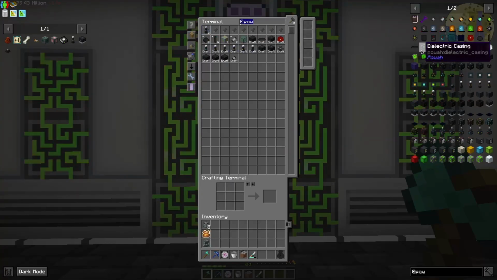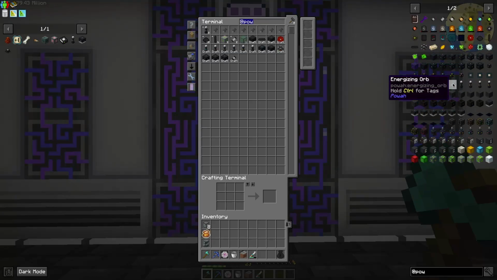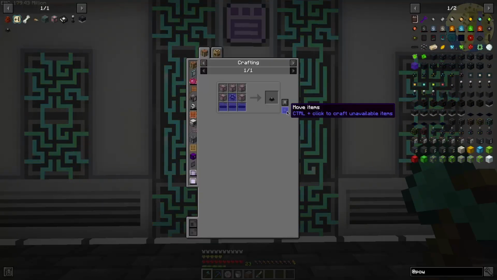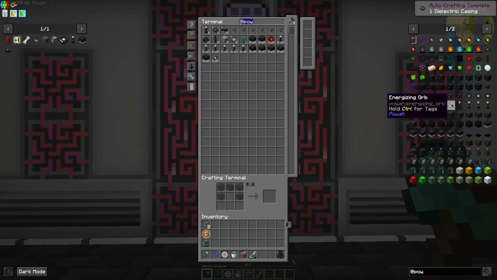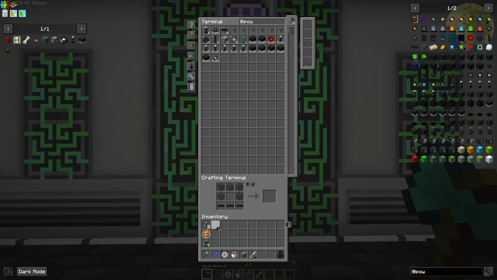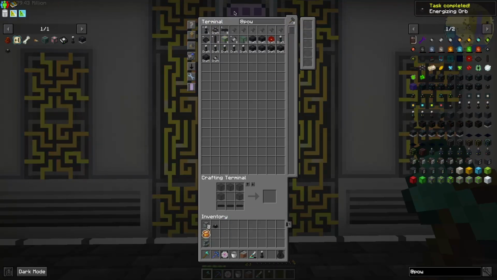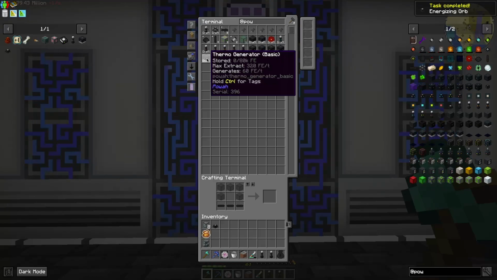I also will need to make an energizing orb. And I'll also need,